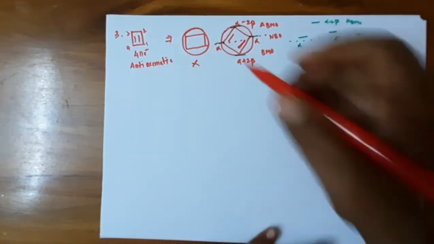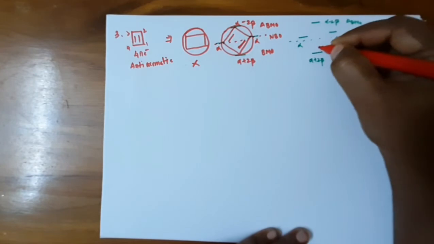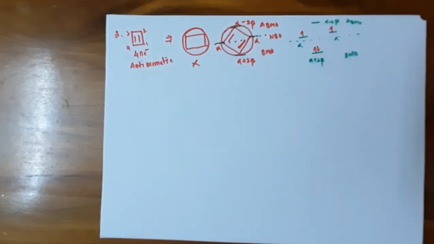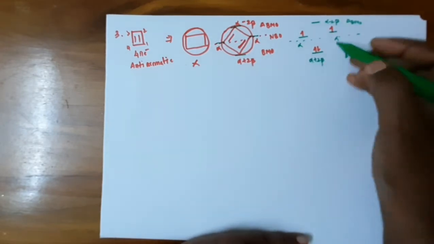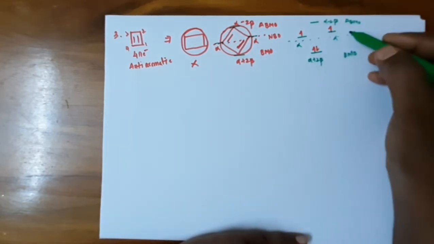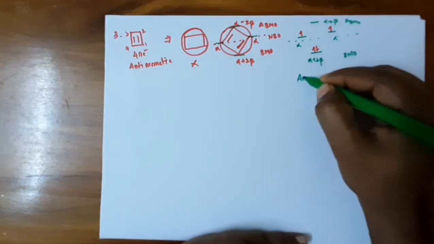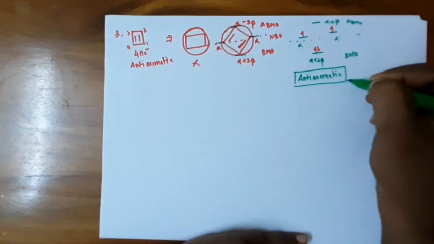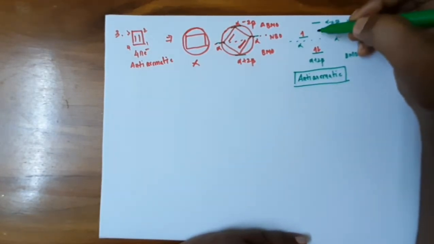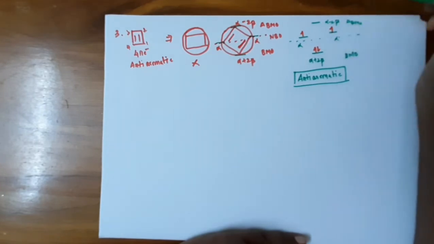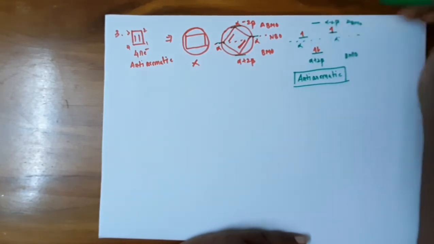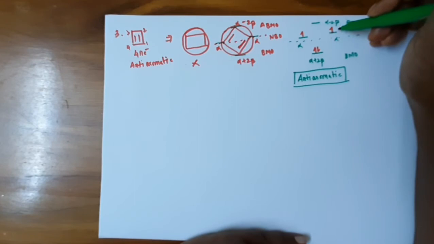If you put in the electrons, there are 4 electrons in cyclobutadiene. So 1, 2, 3, 4. Again, it has 2 unpaired electrons in the non-bonding energy level, hence it is anti-aromatic, and as I told you already, anti-aromatic compounds are paramagnetic. If you see again, there are 2 unpaired electrons, so cyclobutadiene is paramagnetic in nature. It has 2 unpaired electrons in this energy level, so it has a diradical nature.